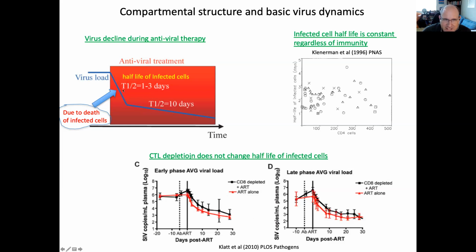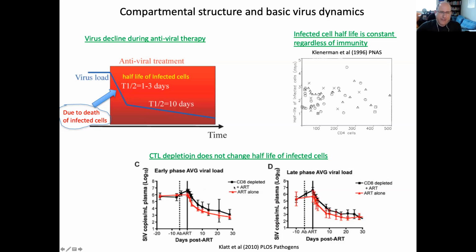So why is that? If the CTL are killing the infected cells at significant rates, which we know they do, why is it that you have the same rate of decline if there are no CTL that kill cells here, or if there are CTL that kill the cells here? So in principle, you would expect a difference in the slopes of decline. When the CTL are there, there should be a steeper slope of decline because the killing rate is faster. And so